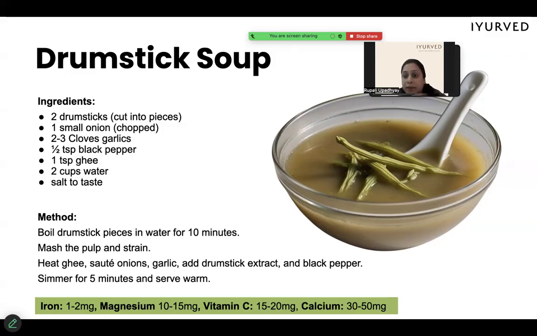mg आयरन प्रोवाइड कर पाएंगे, मैग्नीशियम 10 to 15 mg, विटामिन सी 15 to 20 mg, कैल्शियम 30 to 50 mg। नेक्स्ट स्लाइड प्लीज मैम।